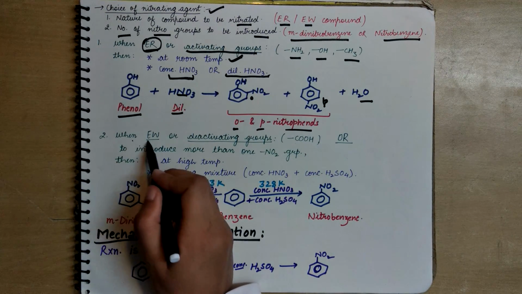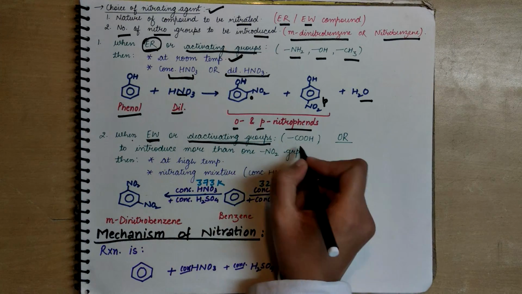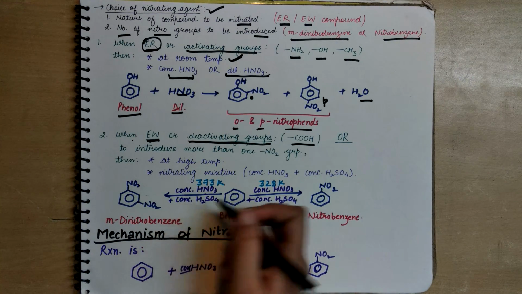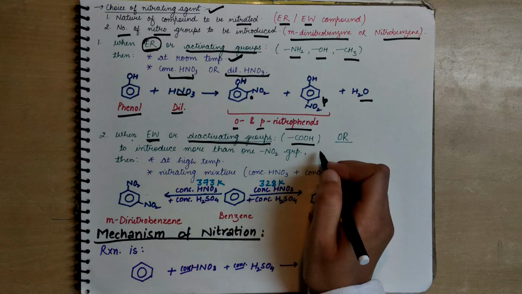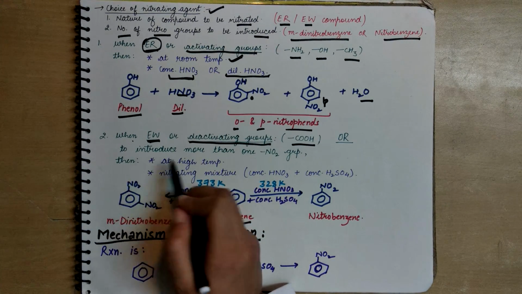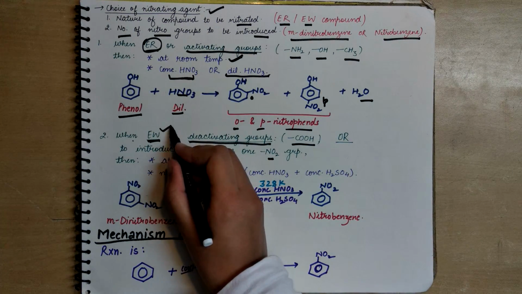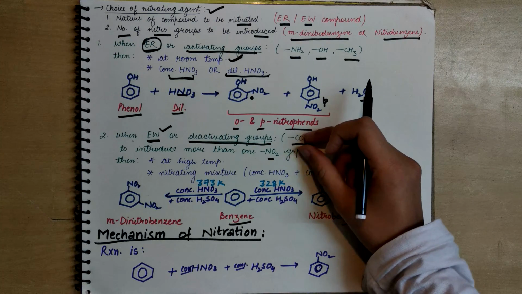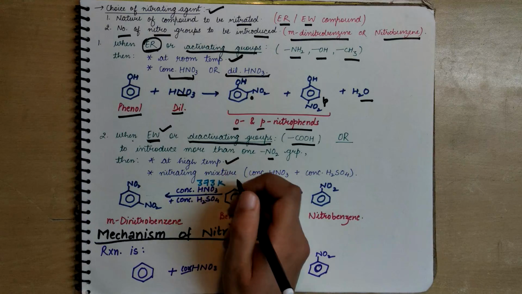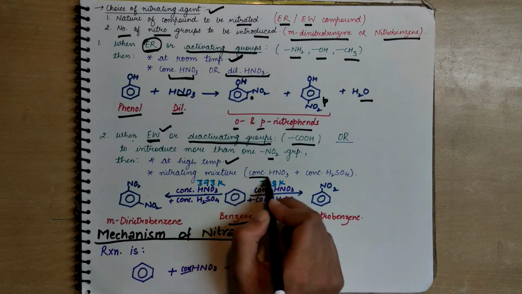Secondly, when electron withdrawing groups, that is deactivating groups such as COOH, are present, or we don't have any group, for example benzene, or to introduce more than one nitro group, or if we have an electron withdrawing group, we are doing both of these cases together. Then these reactions are carried out at a higher temperature, and the nitrating mixture used is concentrated nitric acid